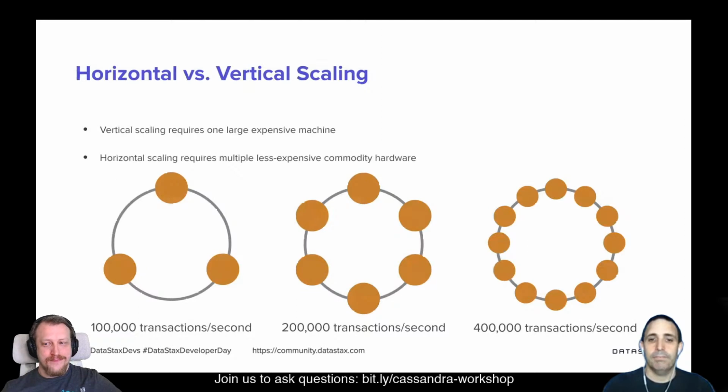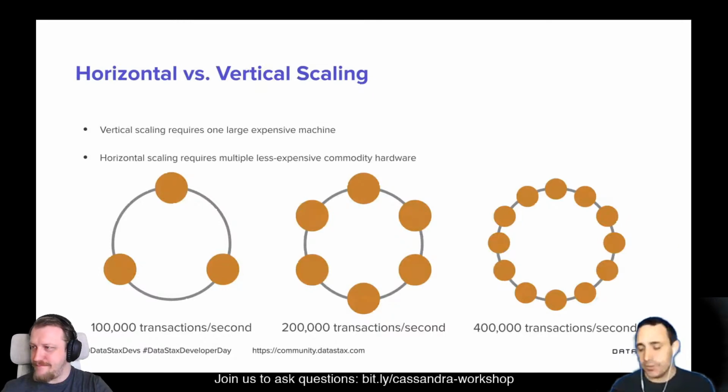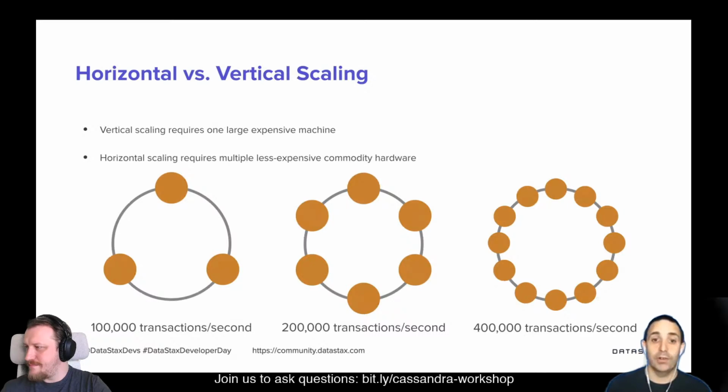Yes, you made a point, and this is why we would rather go to horizontal scaling, adding nodes when you need to, rather than vertical scaling where you power up your server with CPU, memory, or network. First of all, that is costly, and you lack flexibility. So Cassandra is all about horizontal scaling.